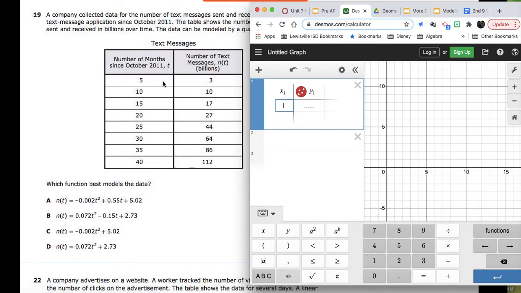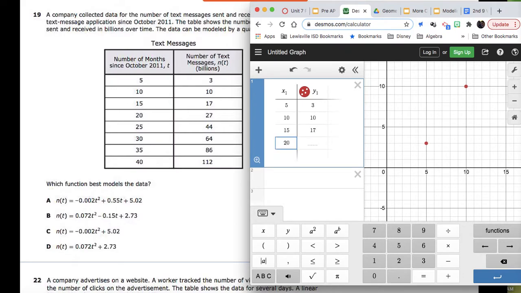I'm going to act like this, which they're calling t, is my x, and this is my y. So don't let these variables being t and function notation over here mess you up. Just pretend it's x and y like normal. And I'm going to type in the data. So I have 5 and 3, and 10 and 10, and 15 and 17,